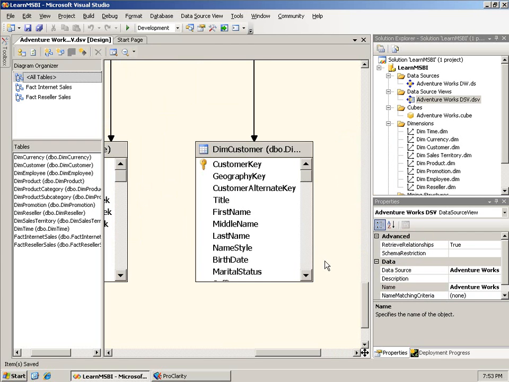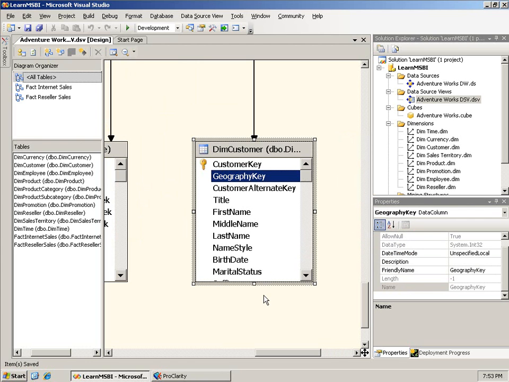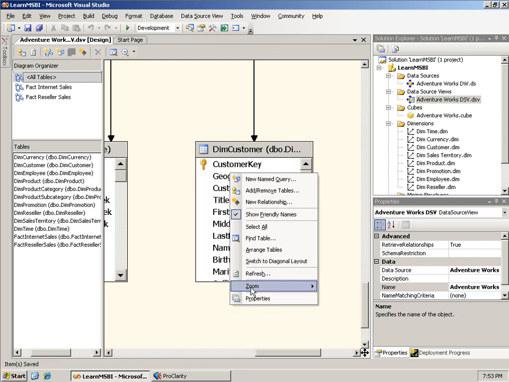But I happen to have in the dimension customer table a geography key, and I don't have the geography table yet. What this is going to allow me to do is look at customers on a geographical basis. So I want to go from a country to a state or province to a city and then down to the individual customer. So what I need to do first is simply right click and I will add